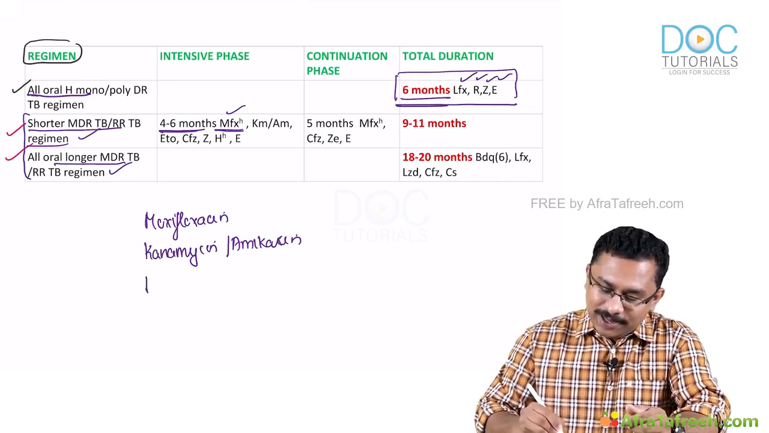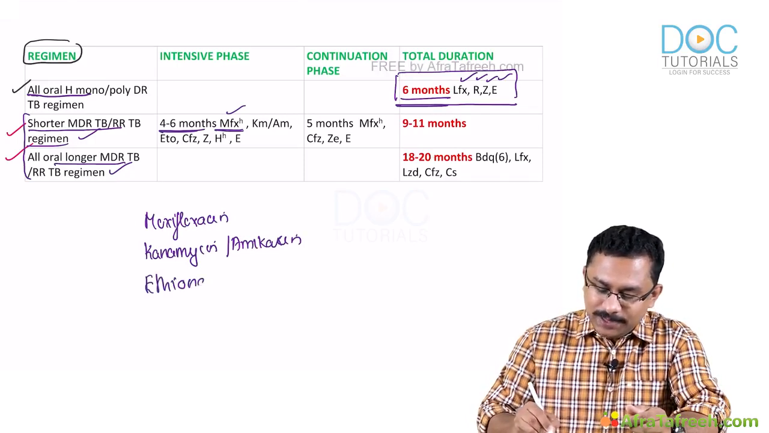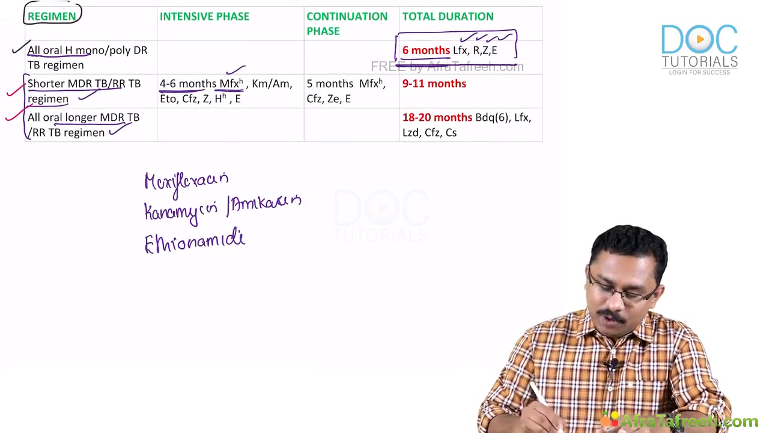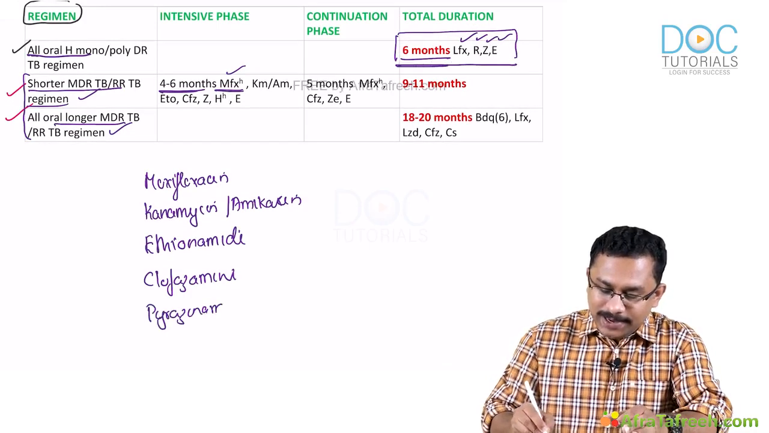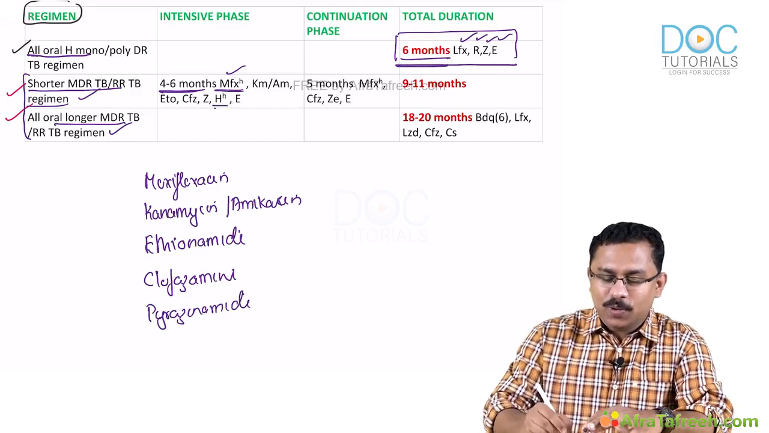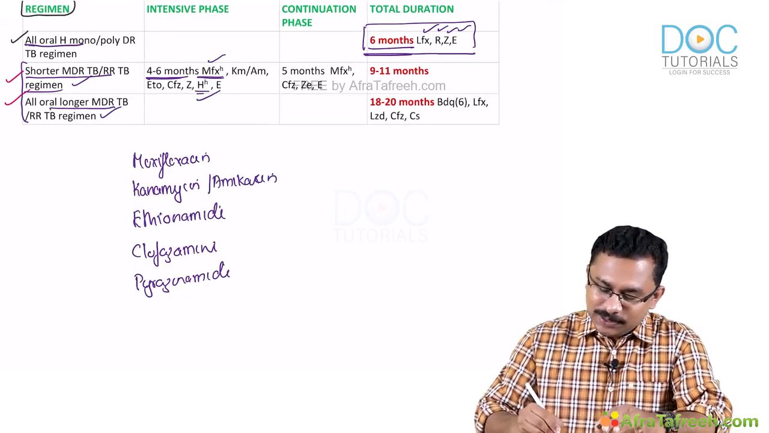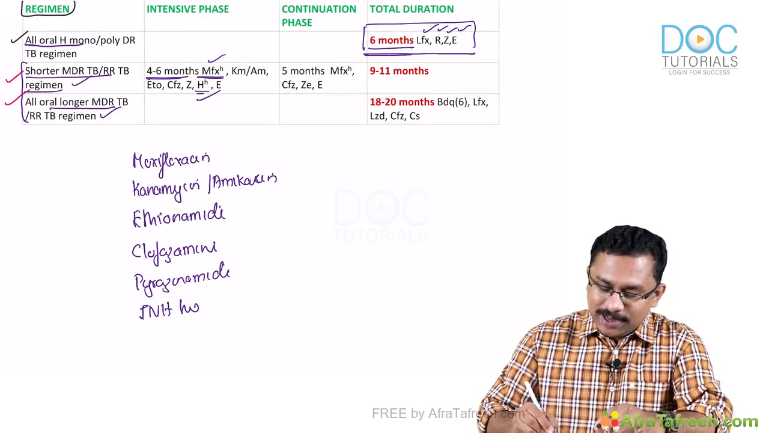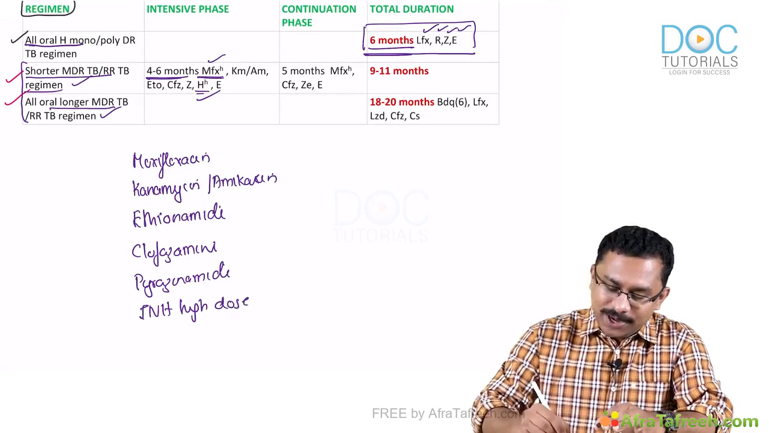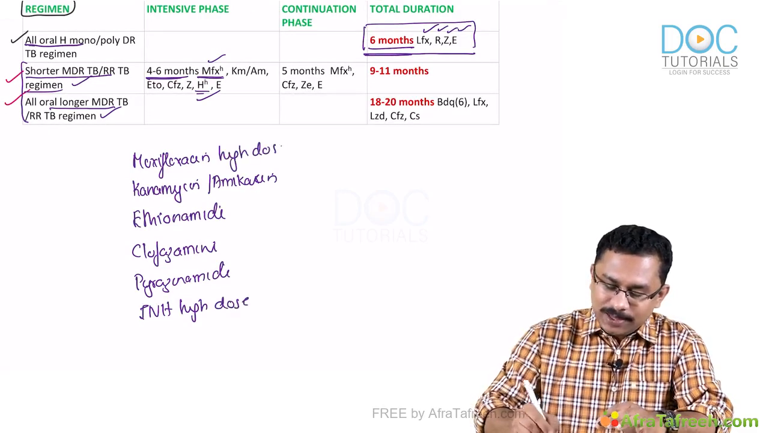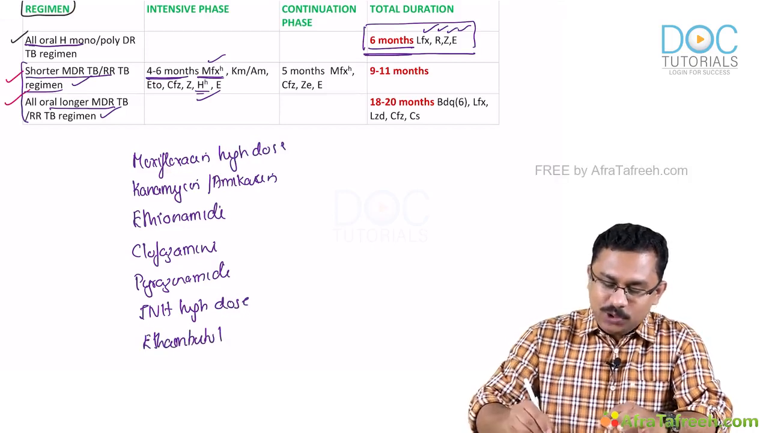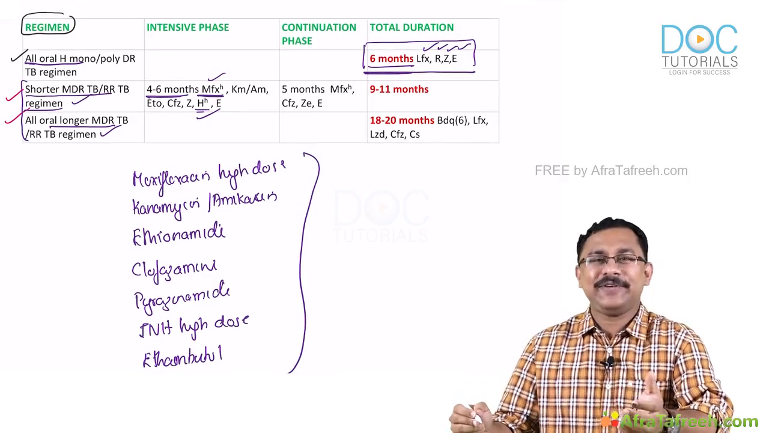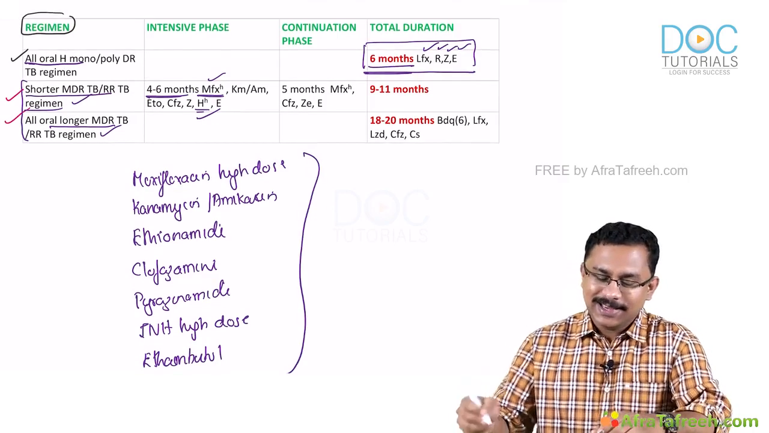Then you have ethionamide, clofazimine, pyrazinamide, and then you have INH, and here also you will notice a superscript. So this is INH high dose. Similarly, you have moxifloxacin high dose and you have ethambutol. So with these agents, you will go for an intensive phase for around 4 to 6 months,